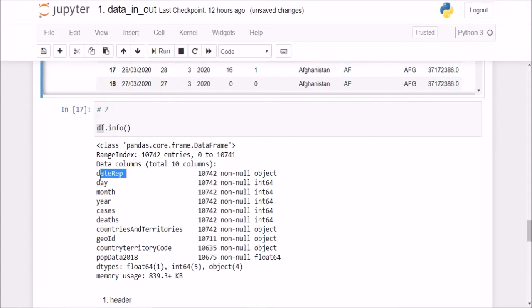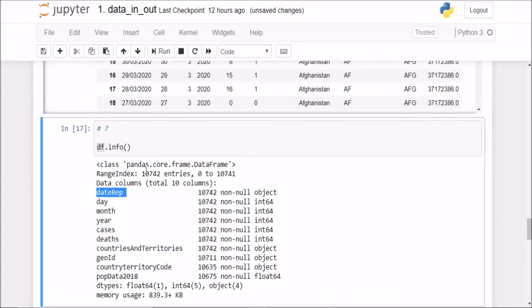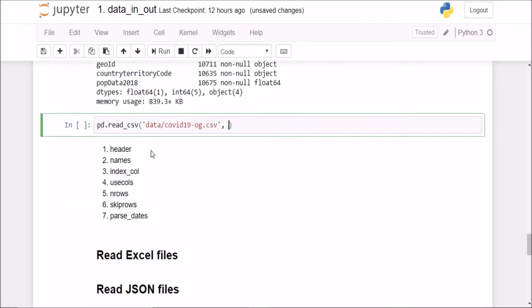Now we want this date rep to be a time series object. So what we'll do here is pd.read_csv, data slash, and now we will say here parse_dates